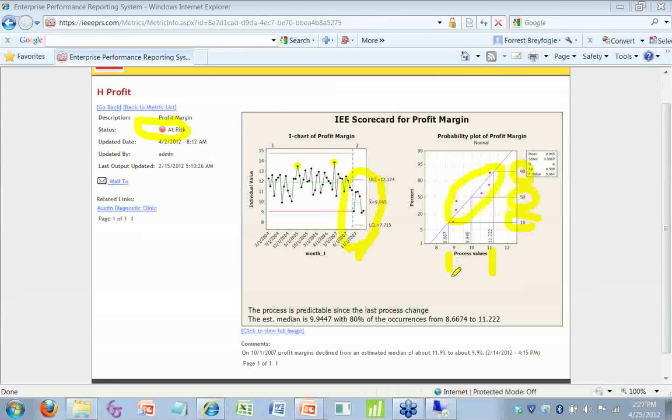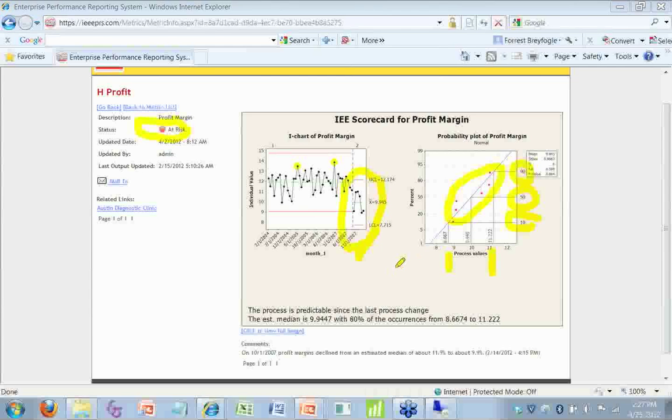What I'm suggesting with the scorecard system, all levels of management would see this, and you can obviously have protection of sensitive information, but basically anybody that has access to all the data would be able to see this. And what I'm suggesting is that from the line operator to the CEO, they would see this information presented in this format.